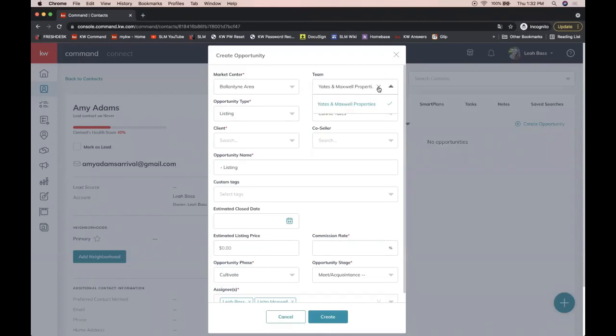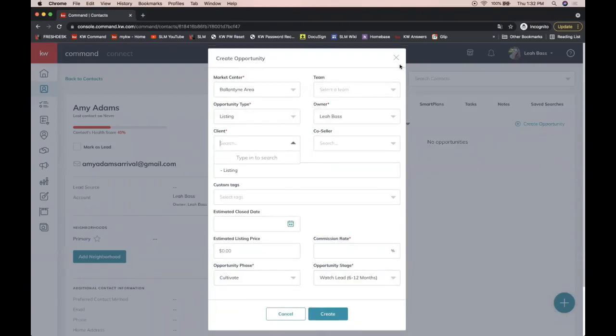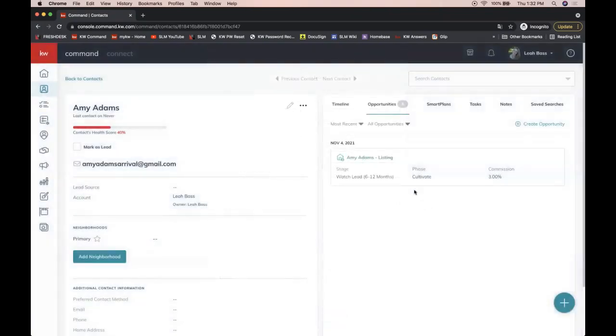All right, so let's go ahead and create this opportunity. Let me just add this back in here. So I'll click on create, and I have that opportunity now added under here. Now I know that took a while because I was explaining it, but when you're actually going through this and creating an opportunity, you can do that in about 30 seconds, especially if you zero in on the fields that really apply to you. You can create that very quickly, and then simply click on their name, or the opportunity